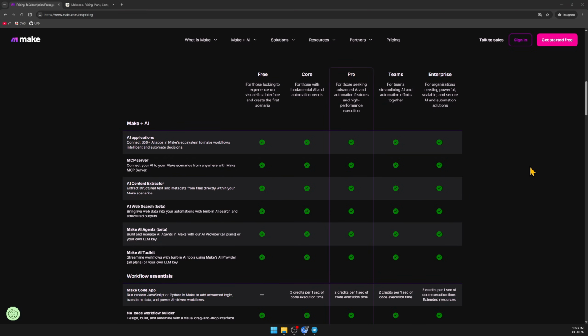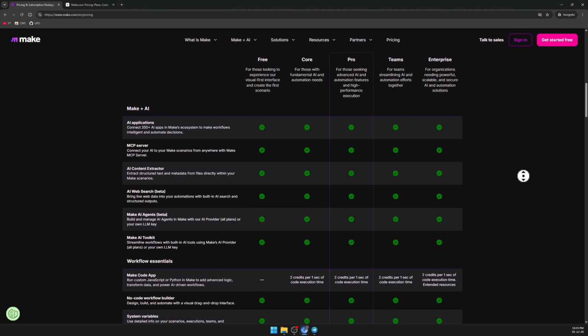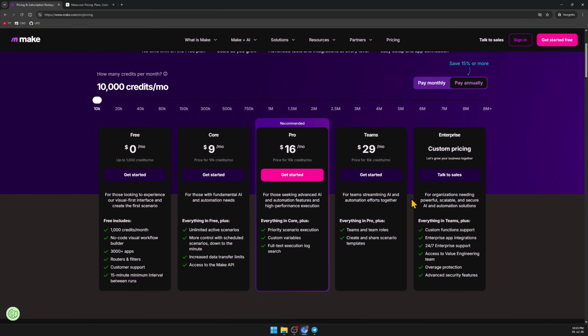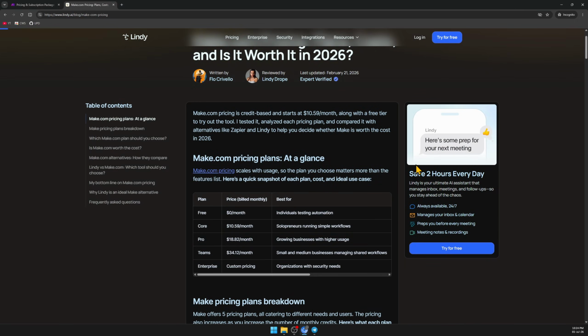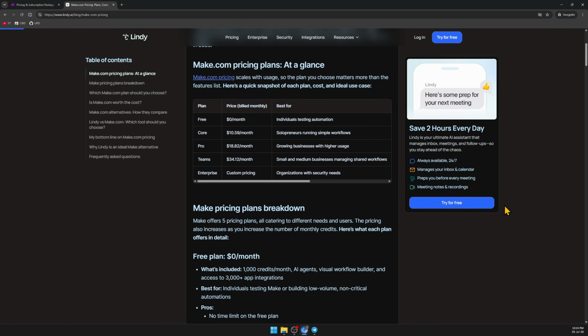Okay, guys, if you are also running a business with a team, you will likely need the Teams plan at $29 a month annually. Pro only gives you a single user log, but Teams introduces full user access, roles, and permissions. So it also allows you to save your custom workflows as shared templates, so your coworkers can deploy them instantly